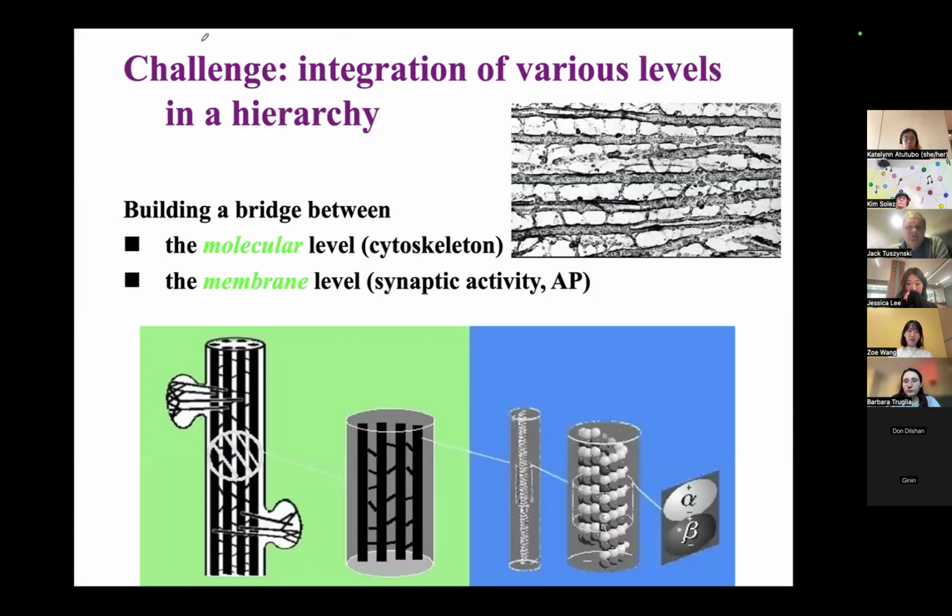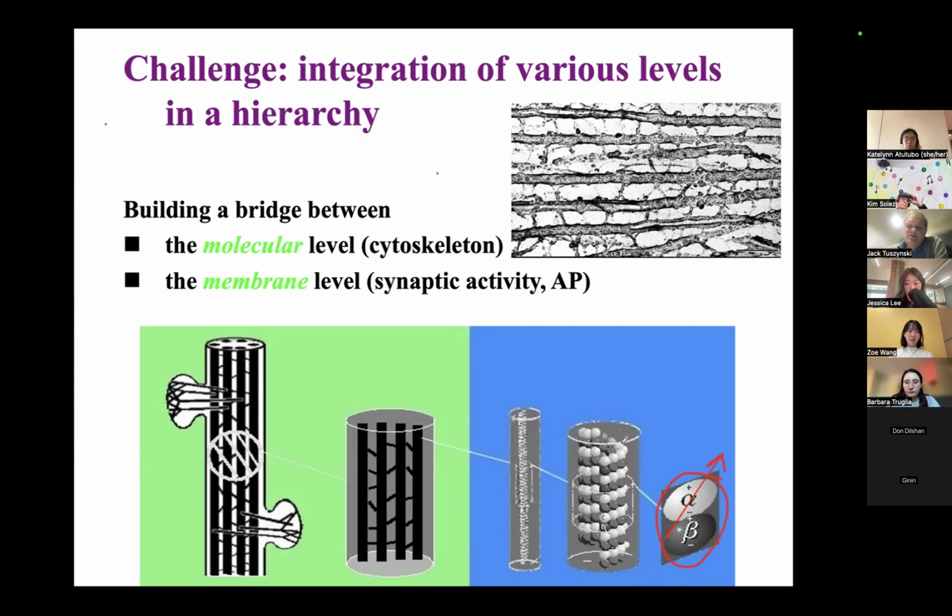So in my opinion, the main challenge is how to connect the various levels of organization, as you can see here from a tubulin dimer, even if we accept, as I argued, that it's actually now experimentally plausible that there is a quantum state here, and then how does this state